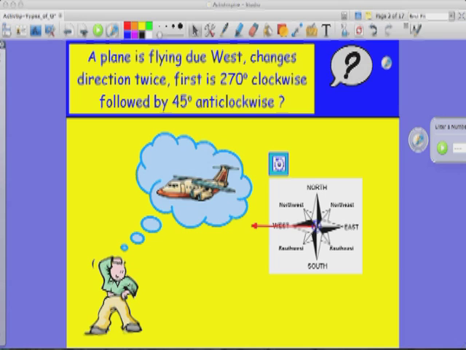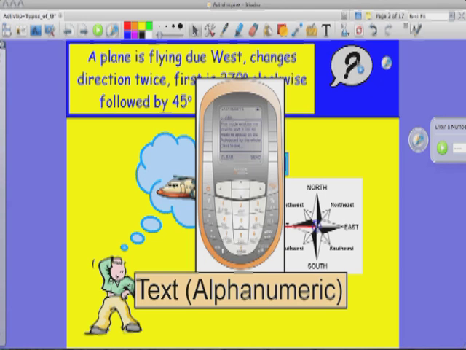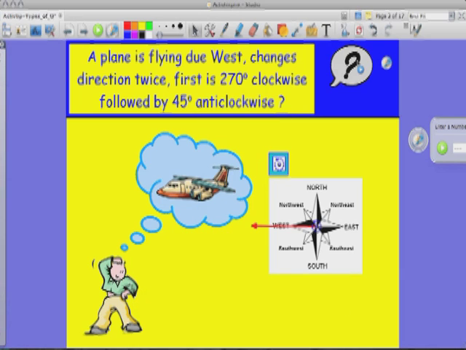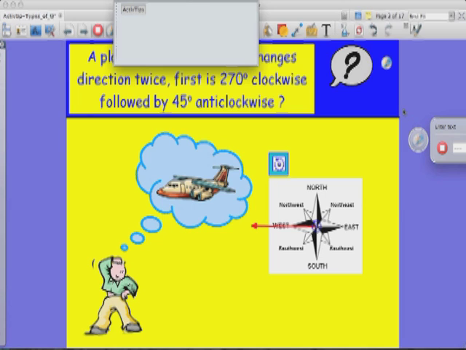Now the other thing we can do is look at text or alphanumeric. This has so many great possibilities for brainstorming, for opinions, and so much more. So here's a fun question. A plane is flying due west, changes direction twice. First is 270 degrees clockwise, followed by 45 degrees anti-clockwise. Have the students go ahead on your express poll and hit the ABC